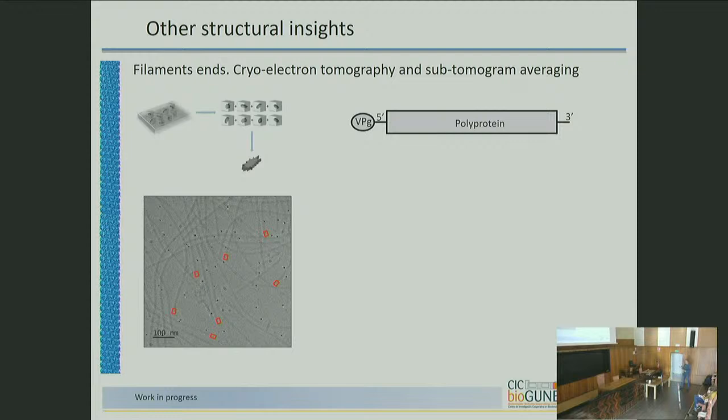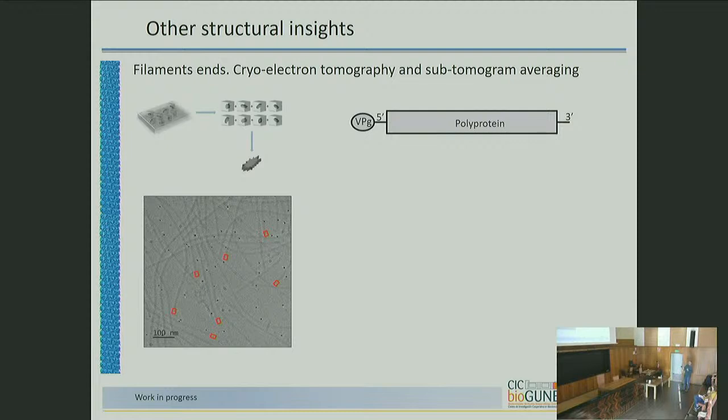But the idea is, in this case, for Potyvirus, which is really relevant, as I mentioned, they are all outsiders here. They have a VPg protein linked to the 5' end, a poly A tail at the 3' that I didn't put here, and they code for a polyprotein that is processed later. They are more like the picornavirus-like group of viruses, because of this genome structure, or the strategy they follow, the presence of the protein. And we chose that because if it has a protein on one side, maybe we are lucky and we can see something there. So the idea is that you do tomography, make a tilt series, and align them.